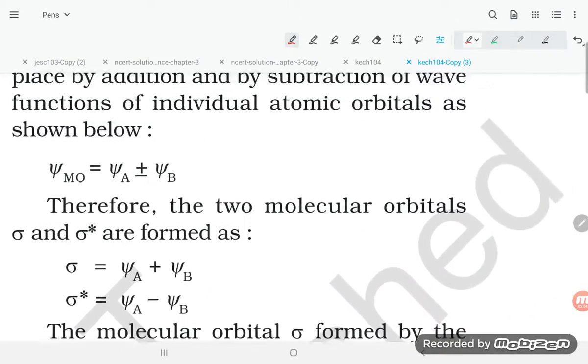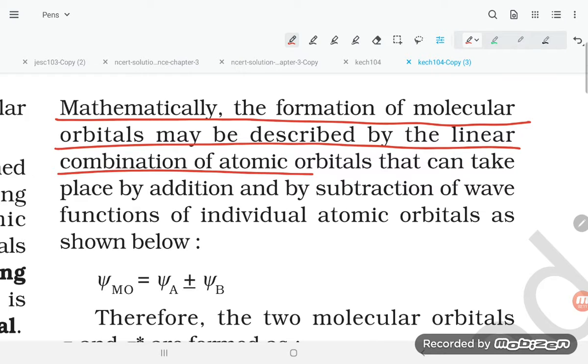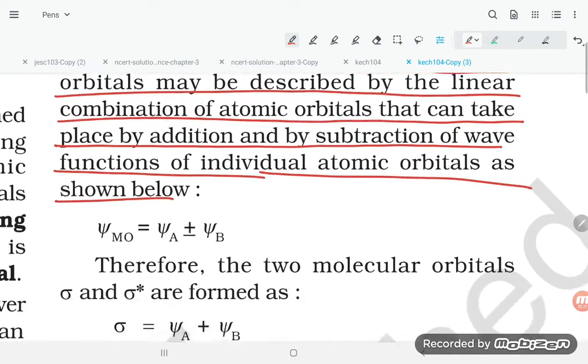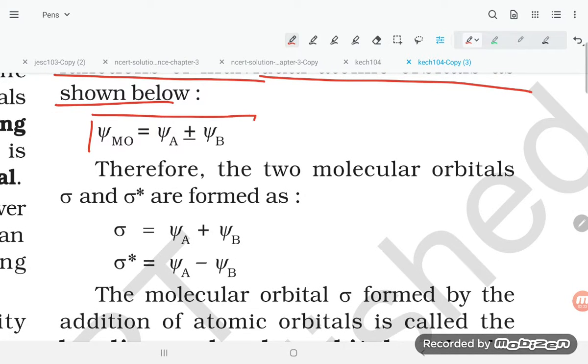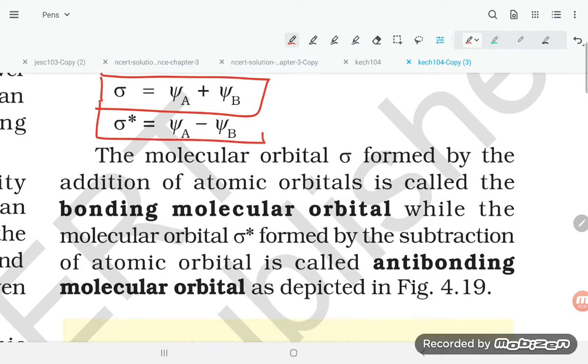Now, students, mathematically, the formation of molecular orbital may be described by the linear combination of atomic orbitals, which can take place by addition and by subtraction of the wave functions of individual orbitals, as shown below. Psi molecular orbital is equal to psi A plus or minus psi B. Therefore, the two homonuclear orbitals, sigma and sigma star, are formed. First, sigma is equal to psi A plus psi B,